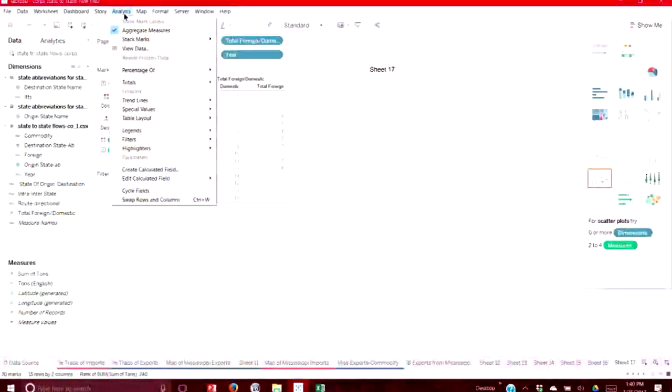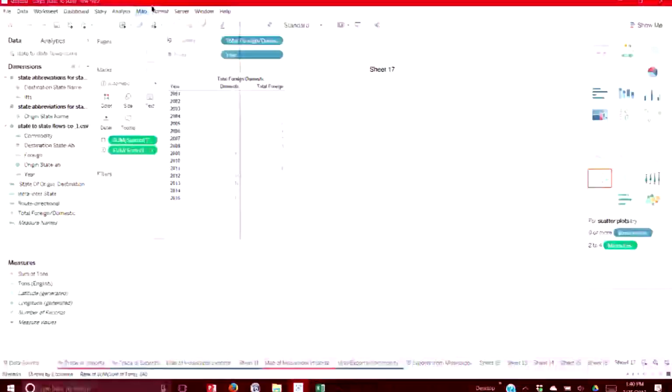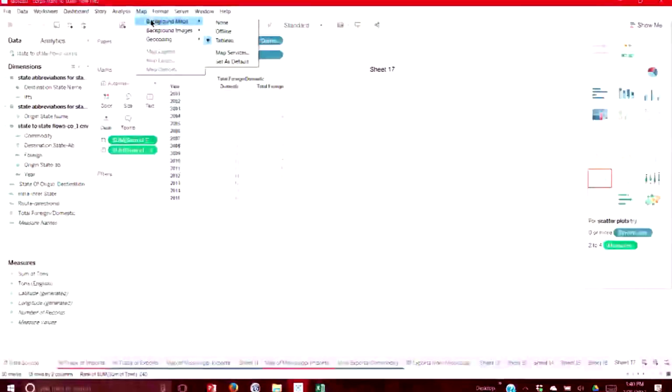And then Analysis mostly works in the worksheet, but you can do aggregates, you can do percentages, you can do totals. We will be going through this in more detail later on. Map. Basically, if, for instance, Michael, you're in Arkansas and you don't like the Arkansas map that's here, you can put a map of Arkansas as the background when you're doing state stuff.